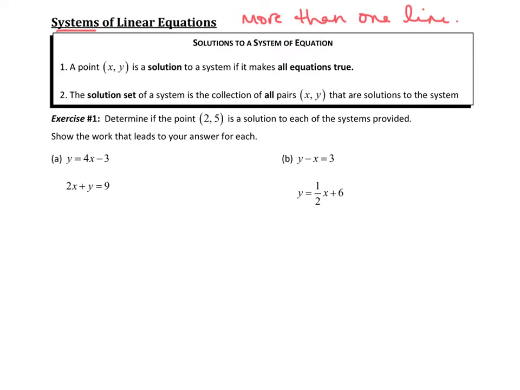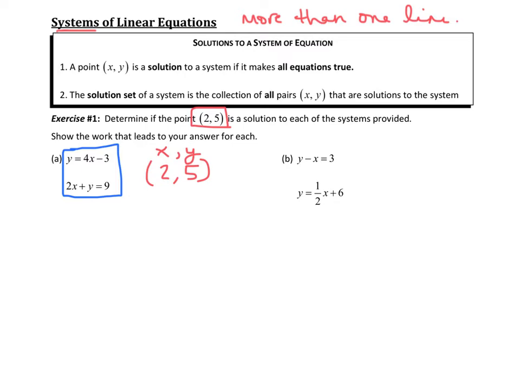Okay, so number 1 wants us to determine if this point, 2, 5, is a solution to each of these 2 different systems. Like I said, a system is just a set of linear equations. So in part A, this is our system of equations. We have 2 linear equations, and we have to determine if 2, 5 is a solution to that entire system, which means that we are going to take the point 2, 5, which of course is x comma y, and plug that